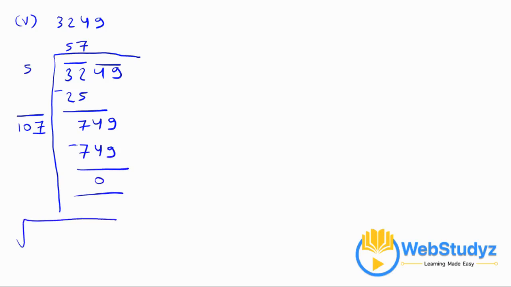So square root of 3249 will give us the value as 57. Now move on to the sixth one, which is